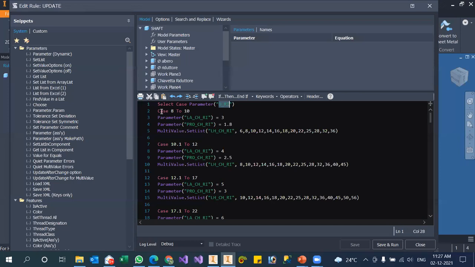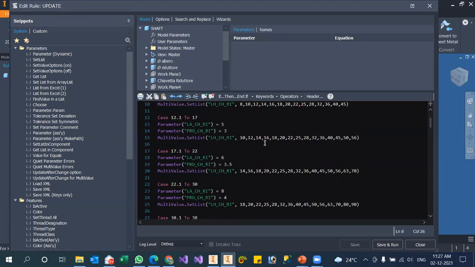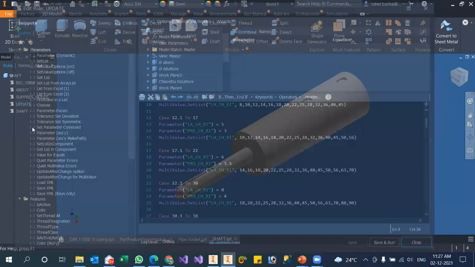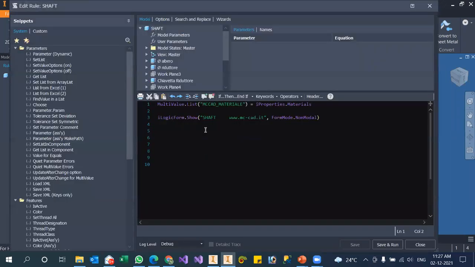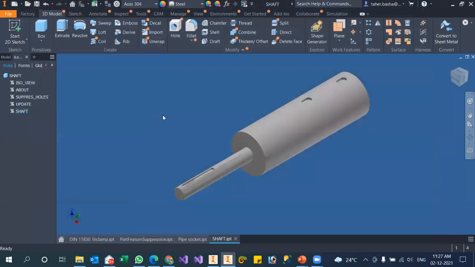If it is matching with this case, it will implement this code. Very simple. You can learn this one in just 20-30 minutes or half an hour or 1 hour. So that switch case is implemented, which is driving this one. And the last rule is just to update it. You can find these functions in the list itself where you can update this, right?